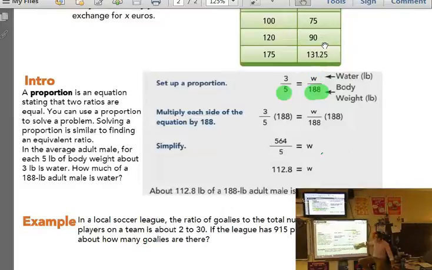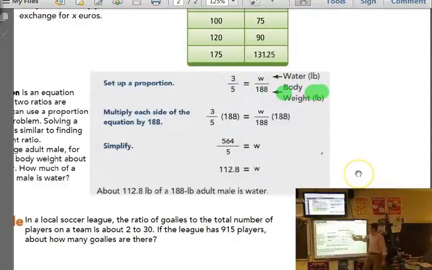So when we set this up, we can solve this a few different ways. So I want you guys over to the right of here to show the other way that we could solve this. We could just multiply by 188 because we want to get rid of the division that's happening. If there's division to the variable, I can multiply and get rid of it. Because really, this is 188 over 1, 188 on top and bottom cancel each other out. But the other way to do it, and this is what a lot of you have been begging to do for a while,